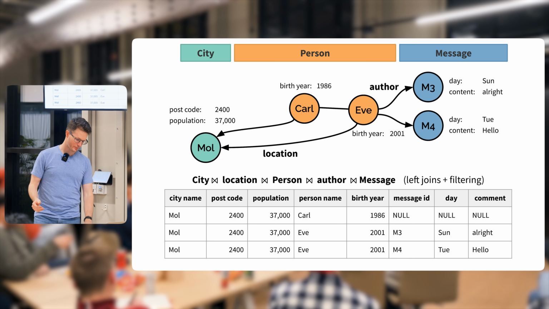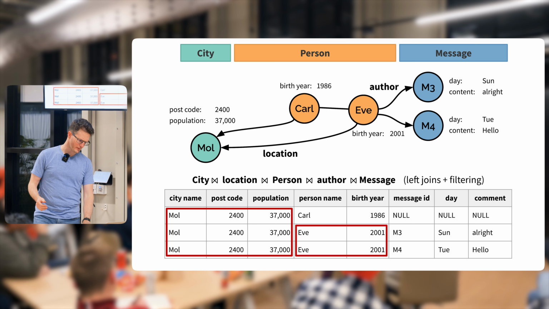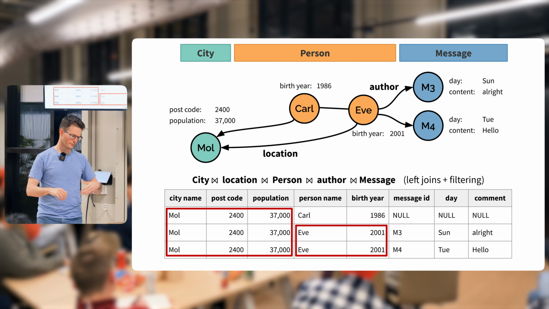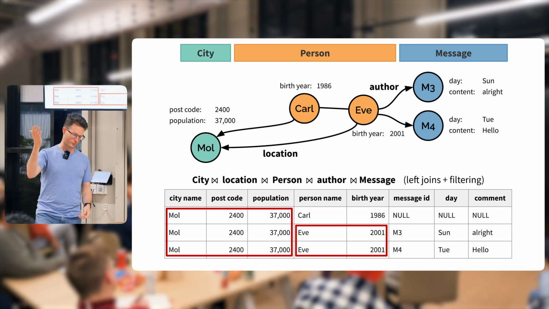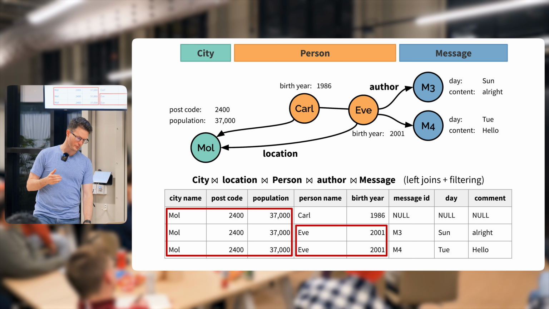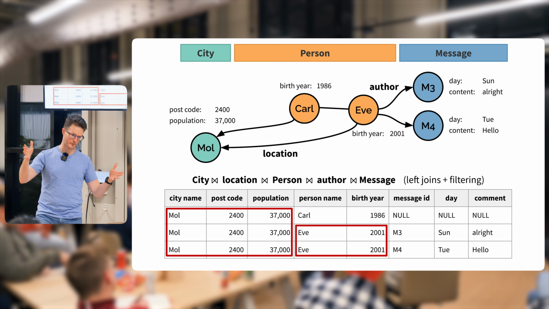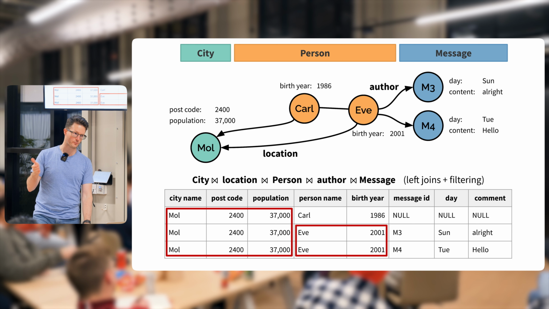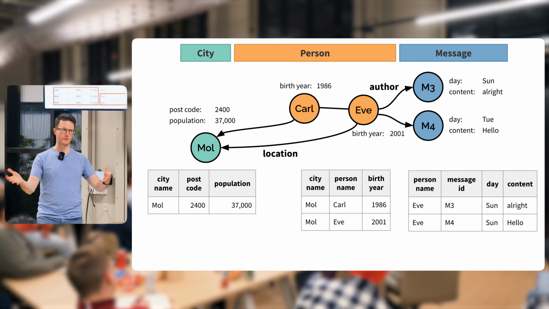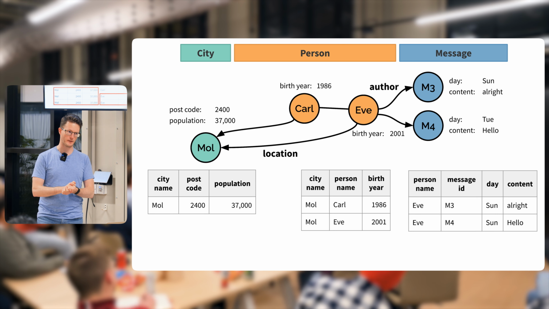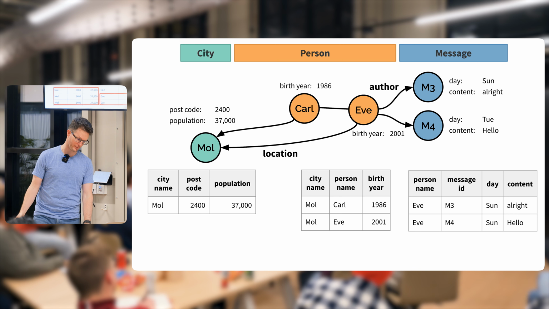and then we return this table that captures the entire graph. That's great, but there's a lot of redundancy in this table. We have spelled out the city of Mol and its postcode and population 3 times over. There are a bunch of nulls, and on the client side, it's rather difficult to reconstruct what's going on because you just get a big table and you don't really know which part belongs to where. So this is called overfetching, and it's not really a great user experience. It also ends up transferring maybe megabytes of blobs over the wire.